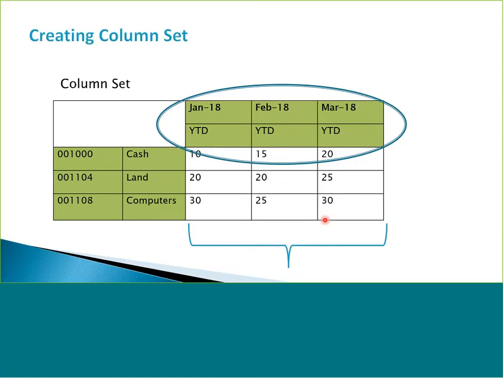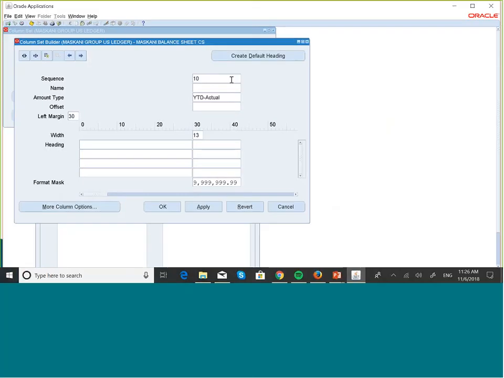Okay, but if we're already in April and we run this same report using the same row set and the same column set for April 2018, then an offset of -2 will take us to February. All right, so that's the meaning of offset. So for our first column, we want the offset to be -2 because we want to go 2 periods back. Okay,